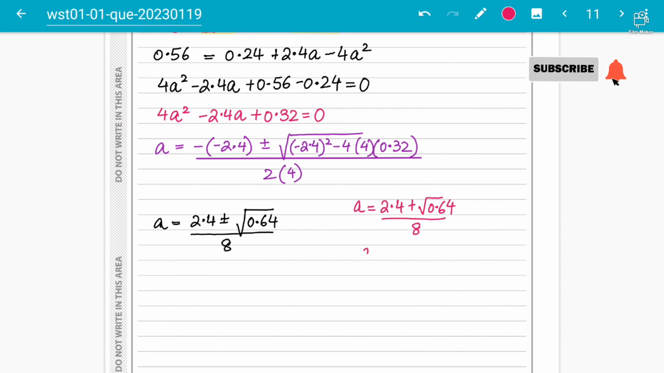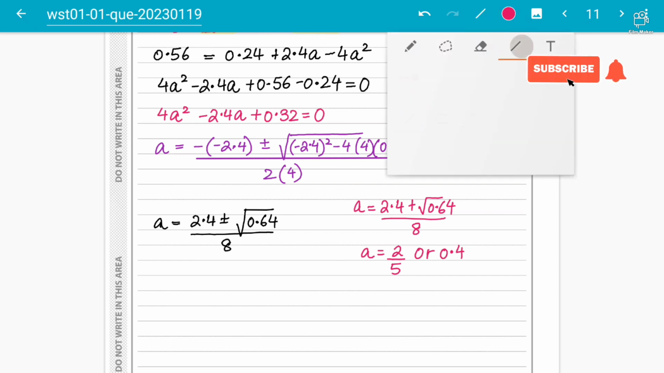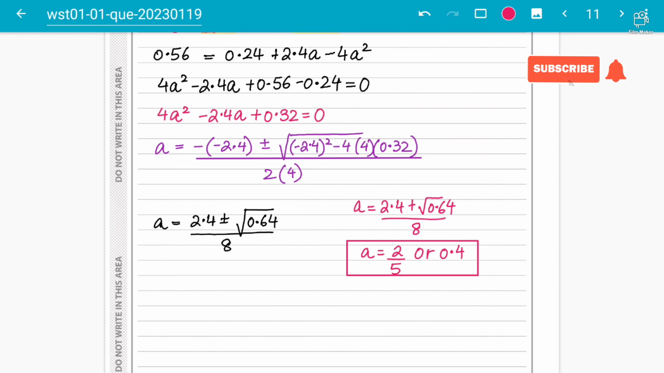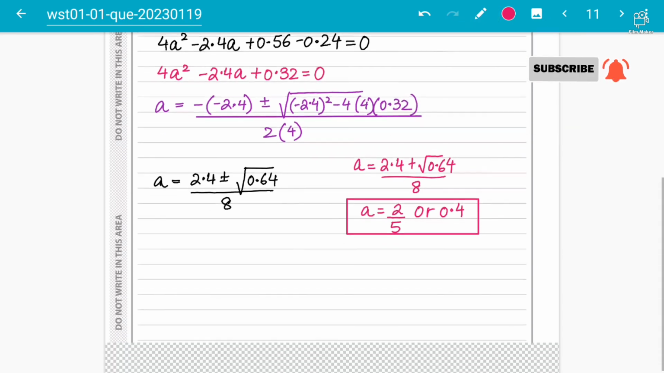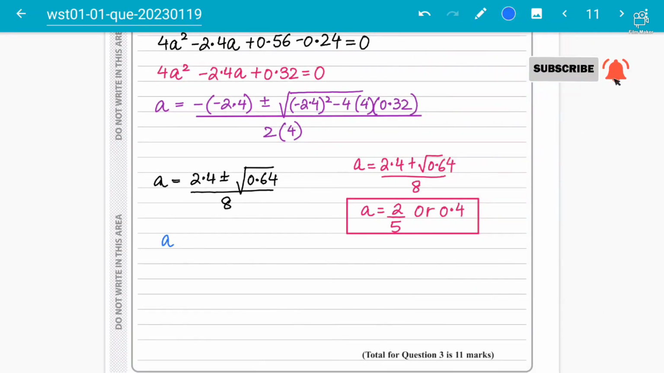Hope the answer matches with the marking scheme, although we have done the correct formula and everything. So divided by 8. So the a value is coming 2 upon 5, or you can write it as 0.4 as well, students. As we discussed, a will come between that range. So one answer is this, and the other answer is a equals